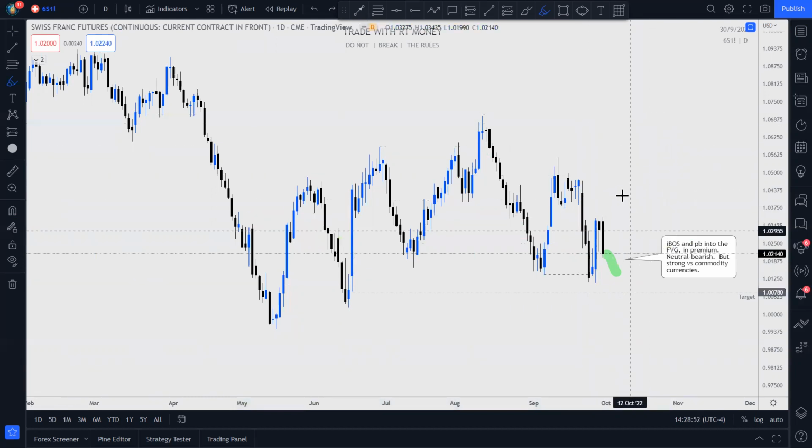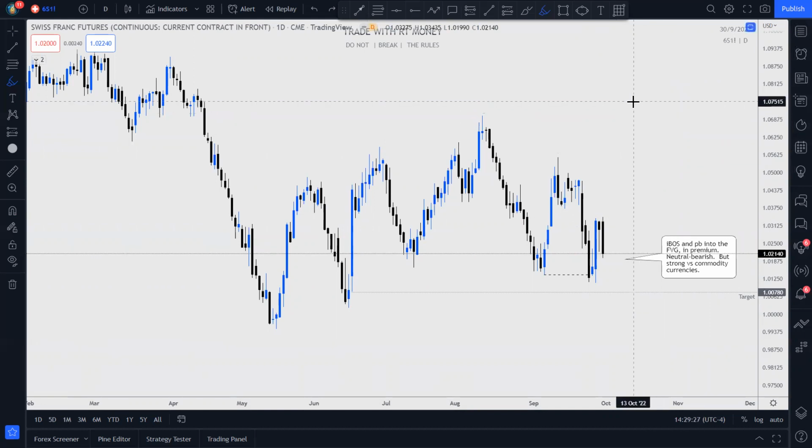But this is one of the stronger currencies out of the 8 currencies, right? And what I'm looking for is to put this against the most weakest pairs, and we'll get to that. But this is the kind that you put against pairs that have momentum to the downside and are already weak and getting weaker. You understand? And that would be the commodity pairs: Aussie dollar, New Zealand dollar, and the CAD. All right, the Canadian dollar.